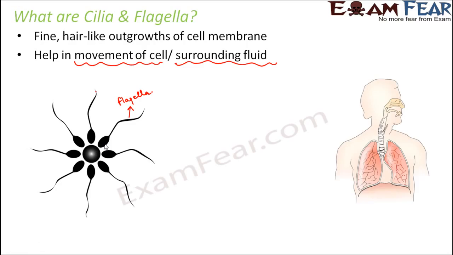There can be another scenario where the cells are not moving but are helping other substances to move. For example, the respiratory tract of human beings has a lot of cilia. These cilia help in moving the particles down the throat. So the cell itself is not moving. The cilia are not making the columnar epithelium cells move, they are making the particles move. For example, when you put a paper boat in water, the paper boat itself is not moving, it is the water which is moving and making the paper boat move.